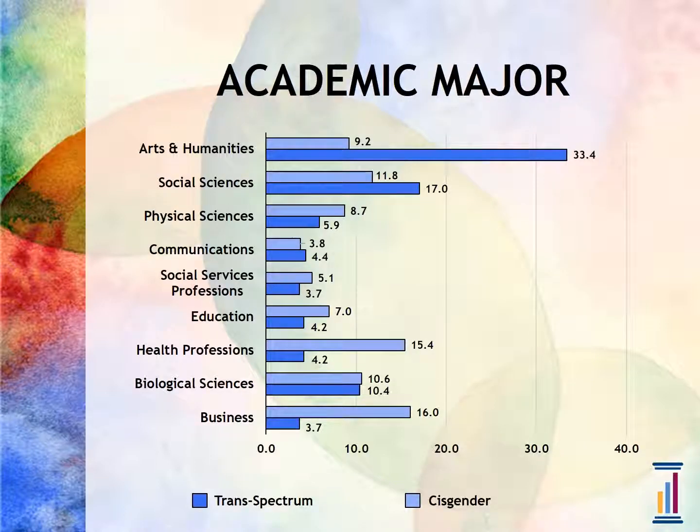Then my last little slide is again about academic major. And if I thought the queer spectrum majors were kind of disproportionate, it's particularly disproportionate for trans spectrum. We see they're far, far, far overrepresented in arts and humanities, which makes me think that's a welcoming place and good for them. But again, we have this problem in business and health professions, where it's much lower, much less likely for these students to be in those fields, which I think is very problematic.